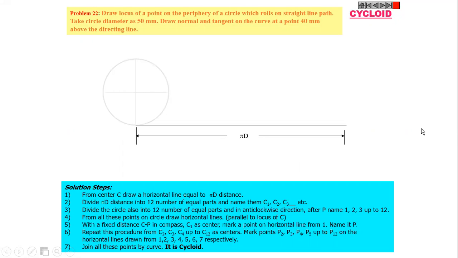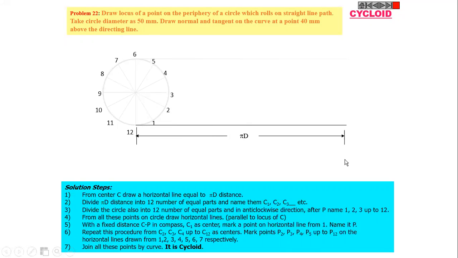Then second part, divide the circle into 12 equal parts and give the numbering, that is 1, 2. We can divide by angle. So this is 360 and 360 divided by 12, so we get the angle. Or if you want to divide into 8, then 360 divided by 8. So then divide, mark the points 1, 2, 3, 4, 5, 6, and join the line. Then these are the points on the circumference of a circle.